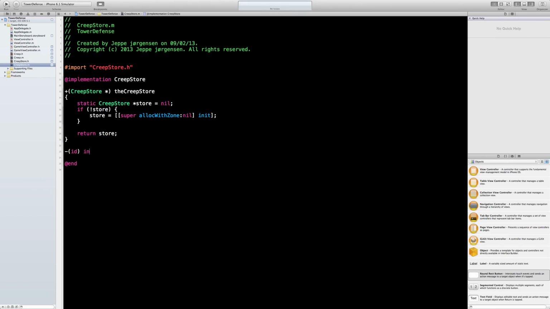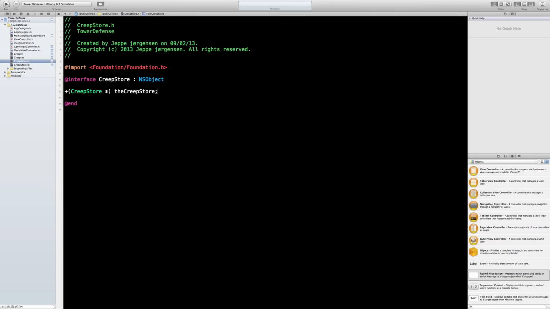But in order for this to work properly, we need to implement the initialization method, as you always do when you're making custom objects. And it's actually very basic. There we go. Now we have our creep store, but it doesn't really have any properties, so it's actually not